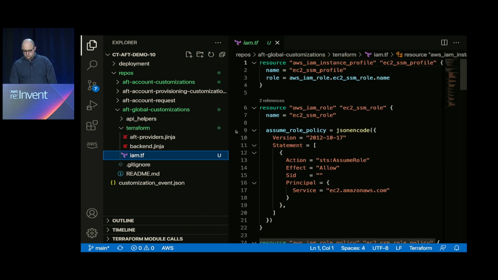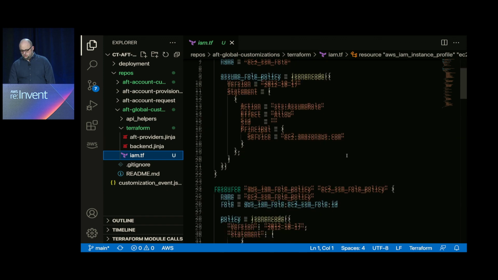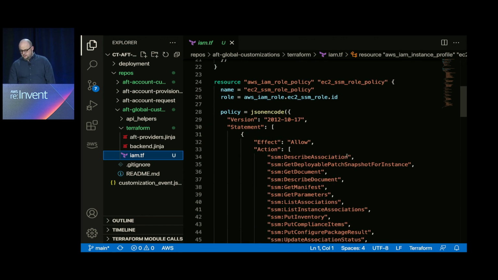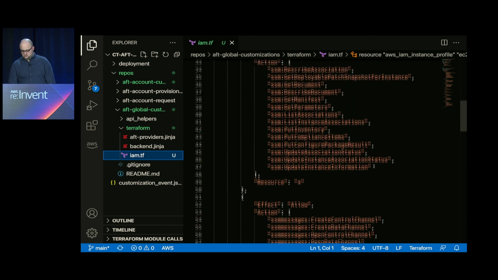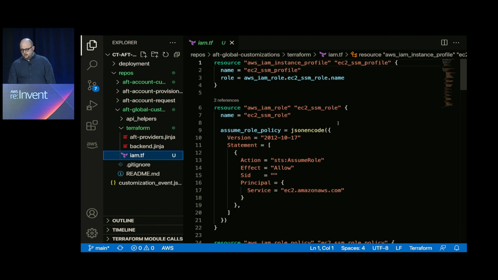And in this demo, what we're going to do is create an EC2 profile that gives SSM access to manage the instance. And the way you would do that is obviously you have to define a policy for SSM, which you see here. Then you would actually define the role, trusting EC2. And then you would add the instance profile, which is basically a wrapper around that role.